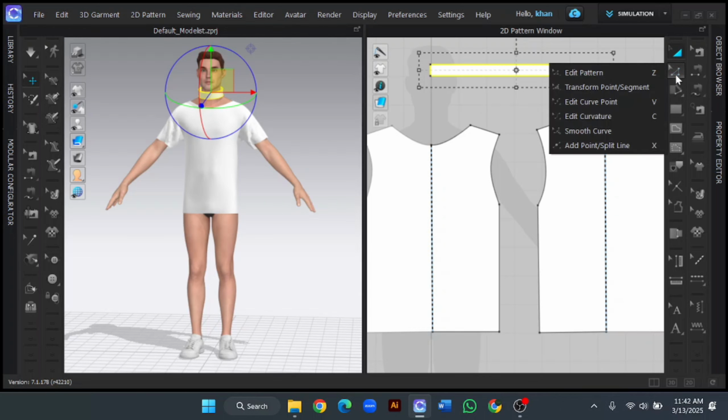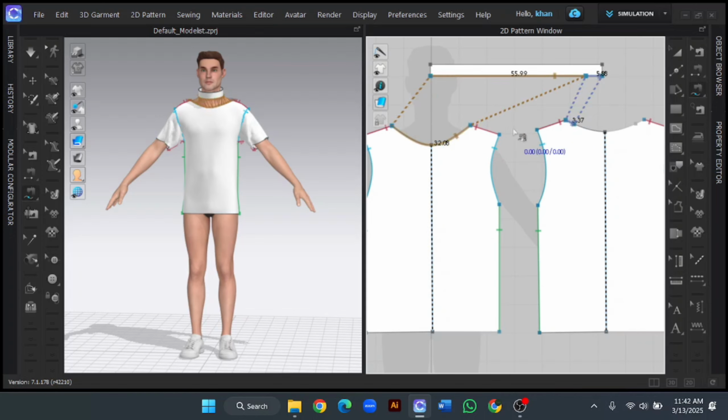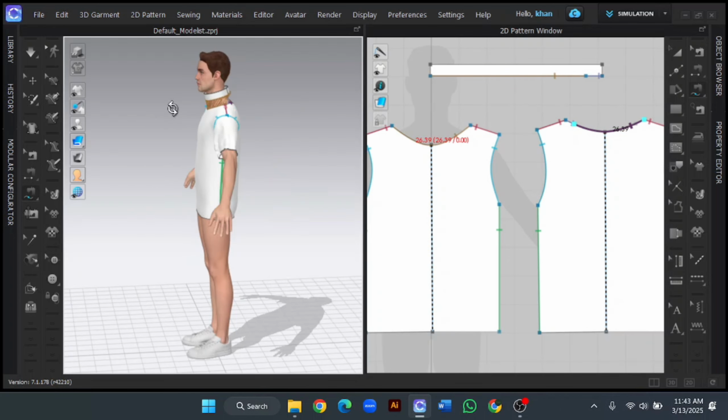Now before stitching we have to add a point on the back neck. That's because if it's been stitched on the seam of the collar then it might look bulky. Okay, after adding the point I am just stitching from this line to this line, and by clicking shift I will stitch from more points from here to here, and the final part is just from here to here. I think now it's been okay, and if you click the simulate button,